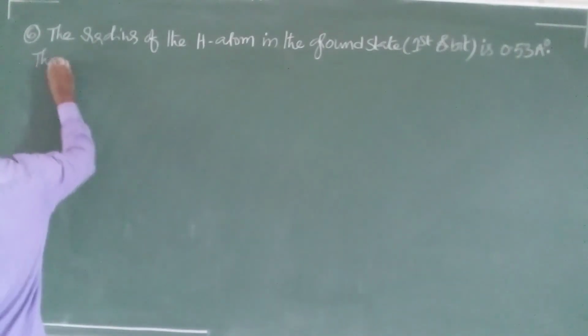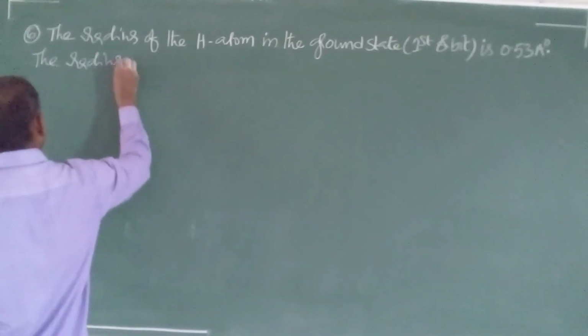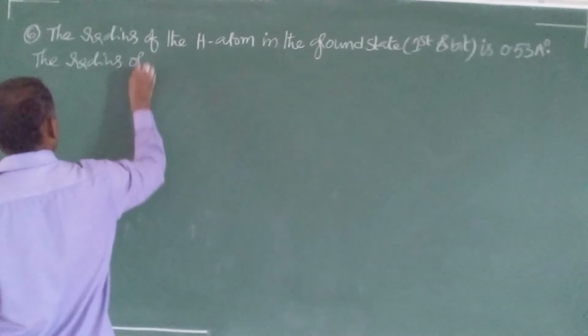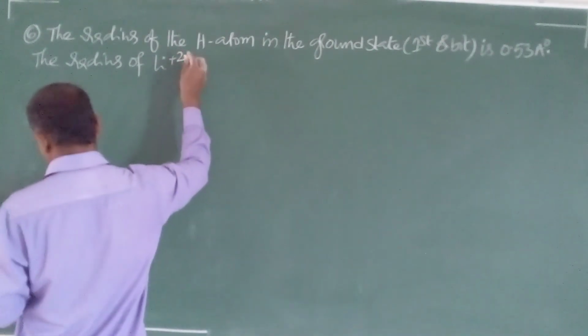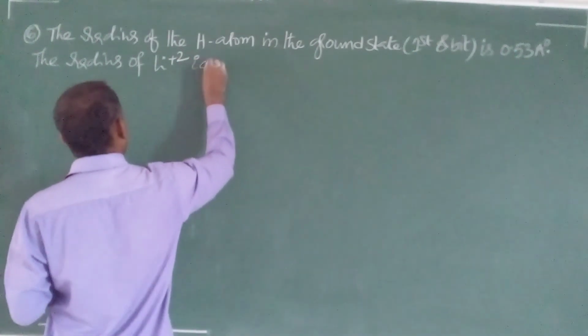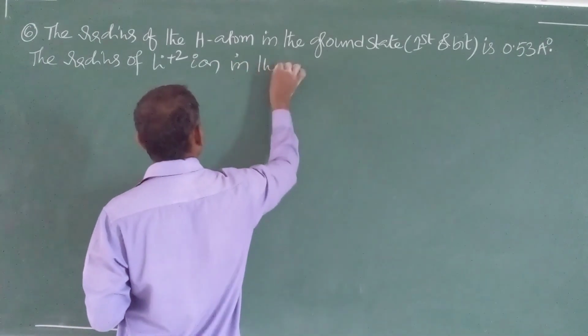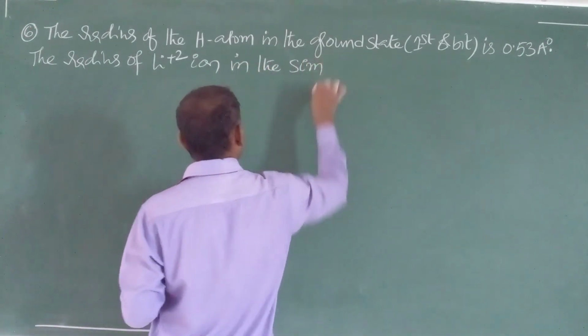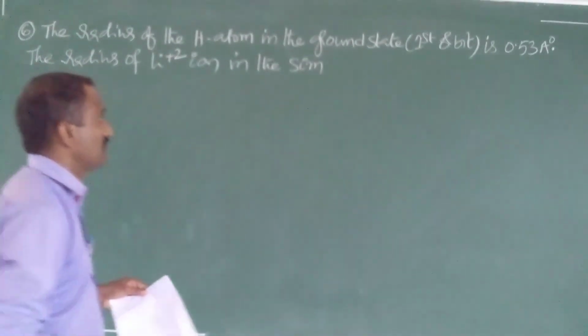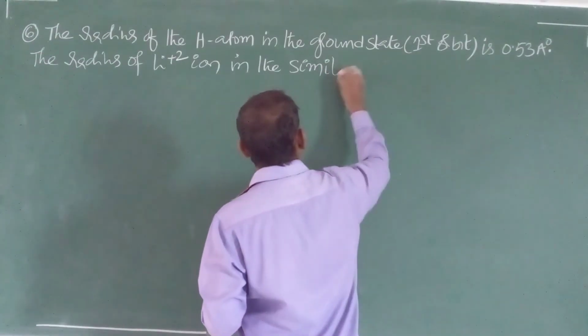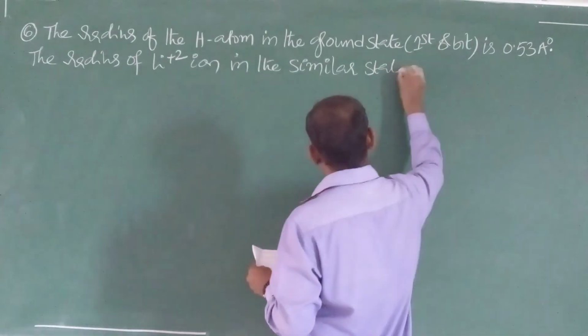Listen now. The radius of Li plus 2 ion in the similar state is nothing but ground state, first orbit. In the similar state